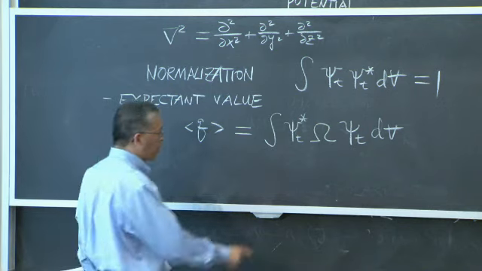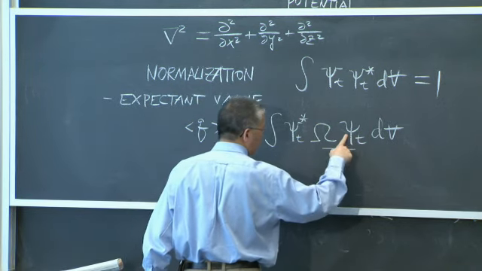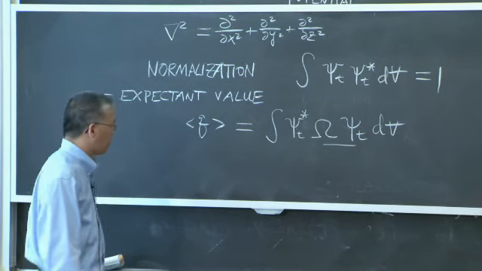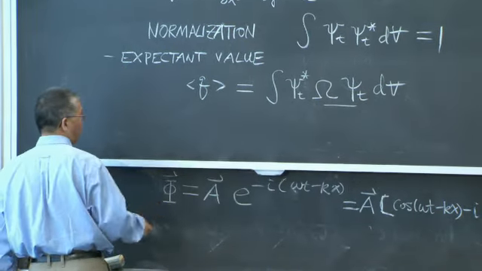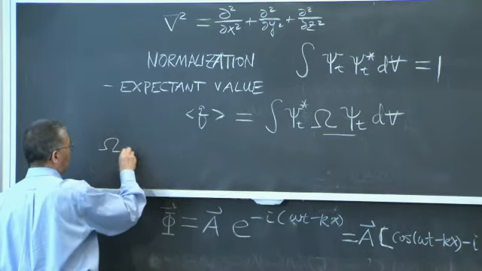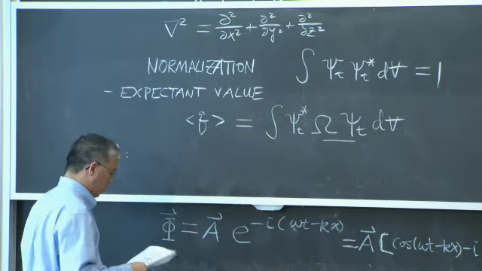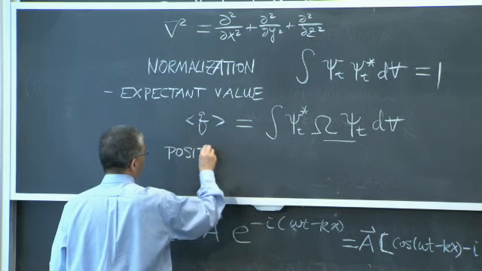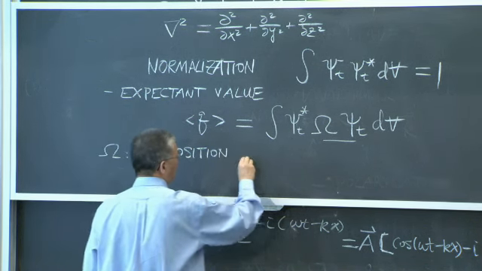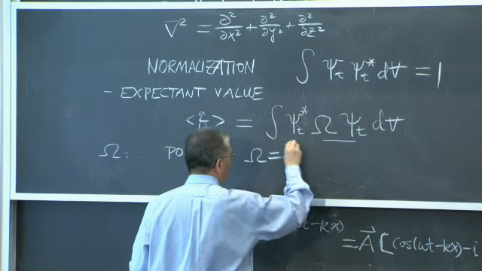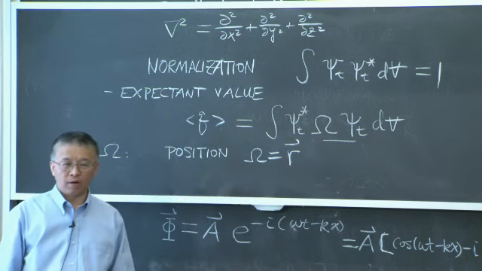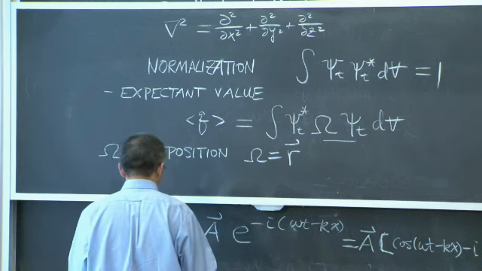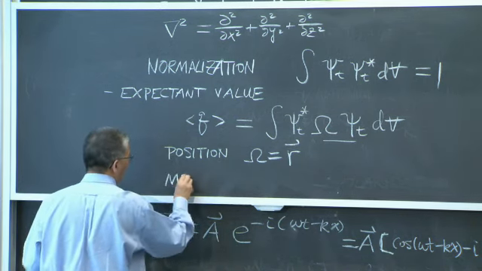So the operator operates on the function following it. What does it mean? So let's write the operator for a few common quantities. For position, it's easy. That's just a normal r, right? And for momentum,